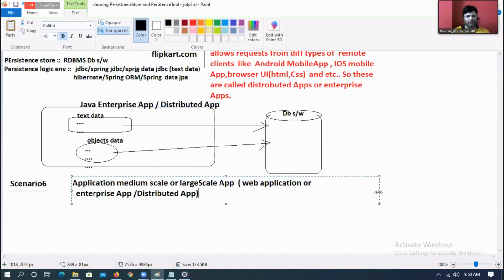Are you getting my point there? Application is a medium scale or large scale application, web application or enterprise application or distributed application, generating unstructured data. Are you getting my point there? What do you mean by unstructured data?